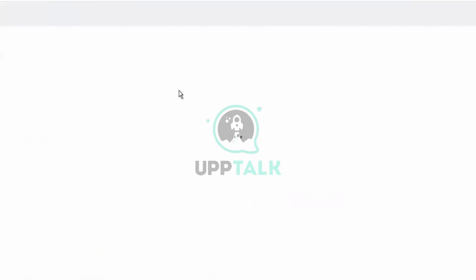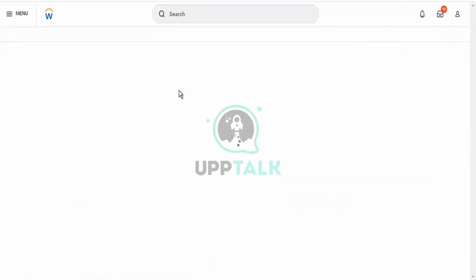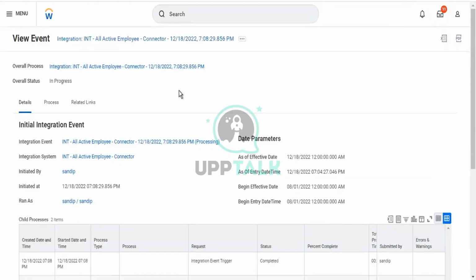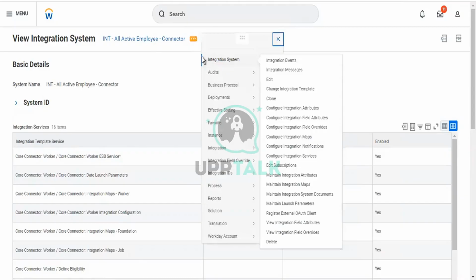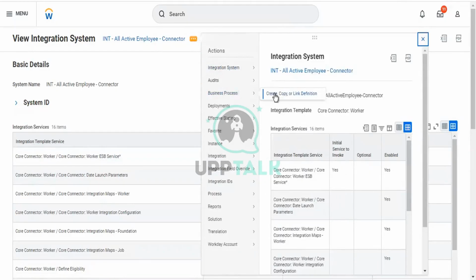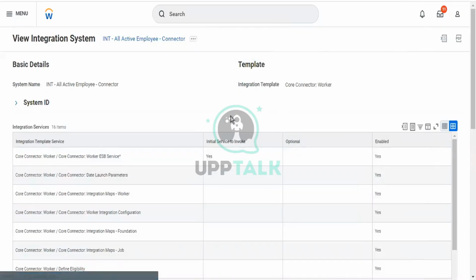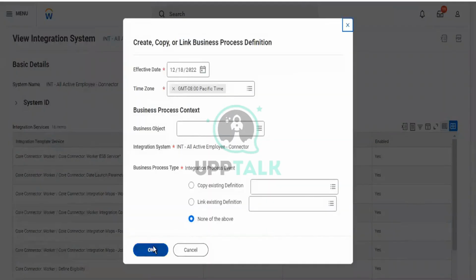How to configure a delivery step for a connector. If you wanted to send data to any external system, you need to configure a delivery step. For EIBs, there is a delivery option that you can configure. For connectors, you need to actually configure that one. To configure a delivery system, we go to related actions, business process. Don't select anything. Click on